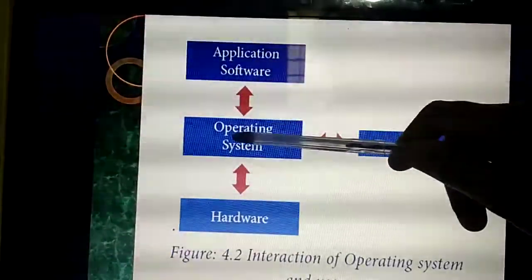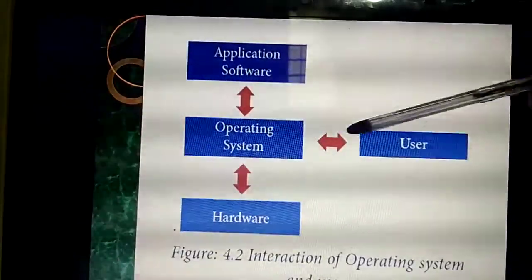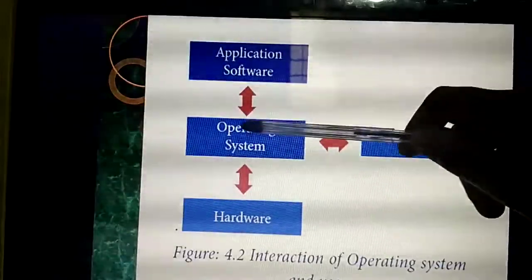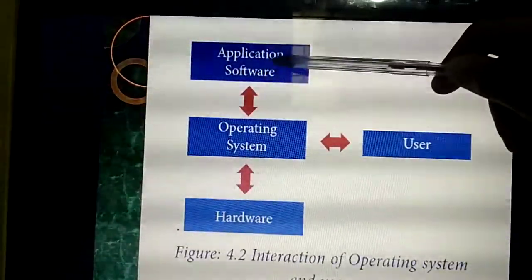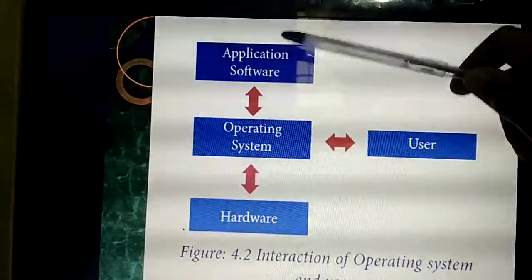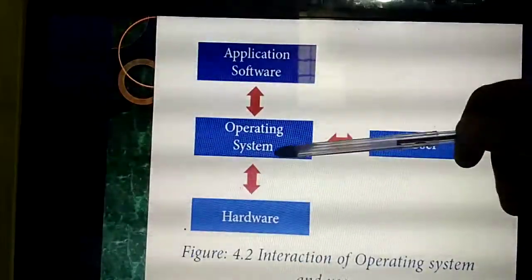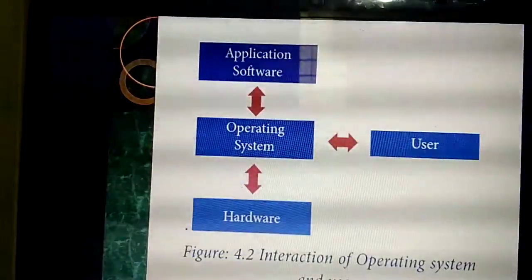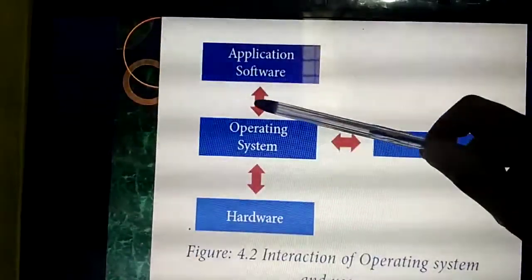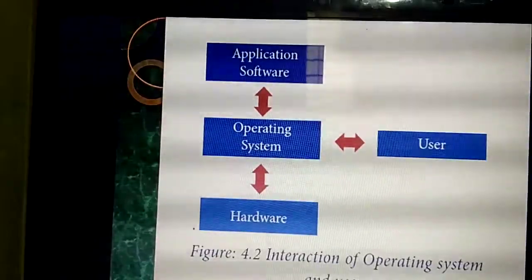So which application? Your request is to open a word file. So this operating system will translate your request to the particular application software. Which application do you need to open to type the word file? MS Word. So your request is to open this word file. First, this operating system will translate that request to open this application software.